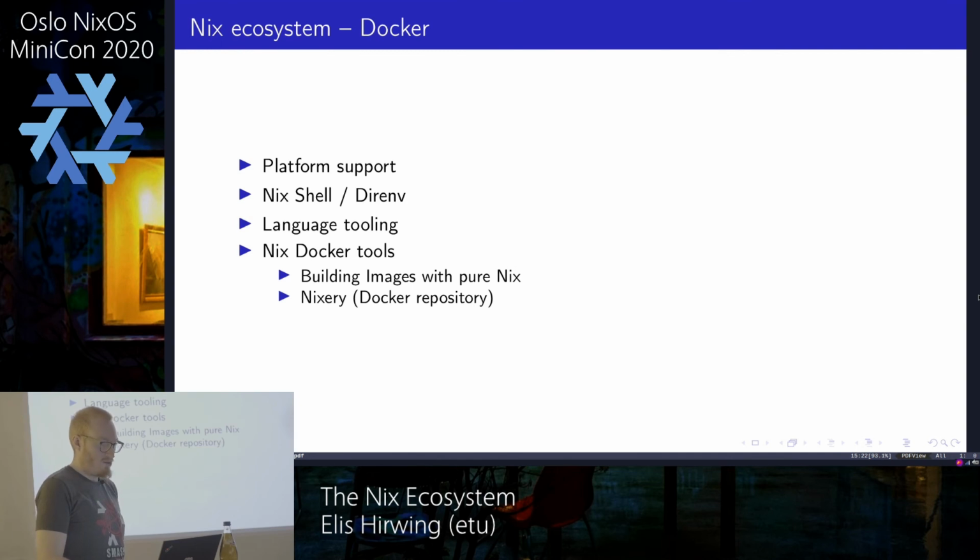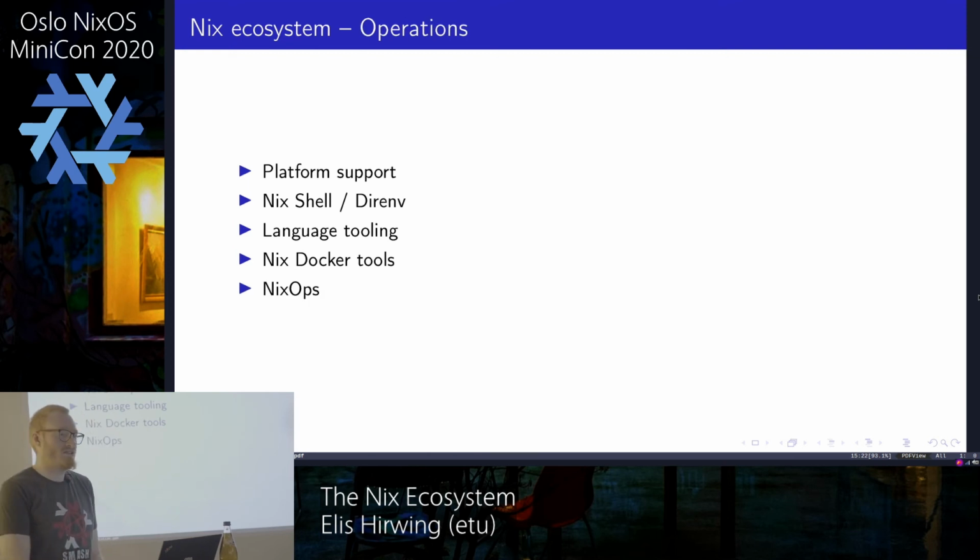Another example of great tooling from Nix is NixOps, which is for operations. So it integrates with different providers like AWS and certain providers like that to create infrastructure on the fly and then deploy a configuration. So it just creates the infrastructure needed and does things magically. And then you can change the configuration and it updates the machines running. Which is very cool, and I would love to learn more about that when Kim speaks later, after me.